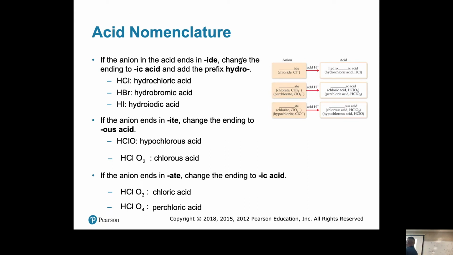Okay, if an acid ends in "ide," change the ending of the acid to "ic," and then add the prefix hydro. So this is actually called a binary acid, and the reason why it's a binary acid is because it only has 2 elements in it. So hydrochloric acid: the "ic" comes from the chloride, the hydro comes from the hydrogen. Then hydrobromic acid, hydro from the hydrogen, and the ic from bromide, and hydroiodic acid,